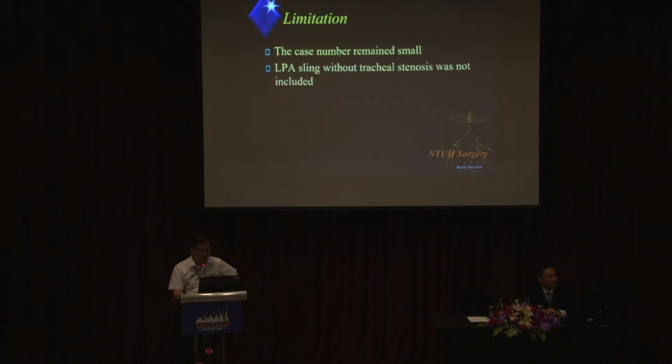However, in this study, there are some limitations. The most important is that congenital tracheal stenosis is relatively rare, so the case number is still limited. And there are some cases with pulmonary sling but without tracheal stenosis. However, these patients were maybe only followed up in the outpatient clinic and did not enter into the study. So I'm not sure whether the length of the trachea is also longer in this group or not.